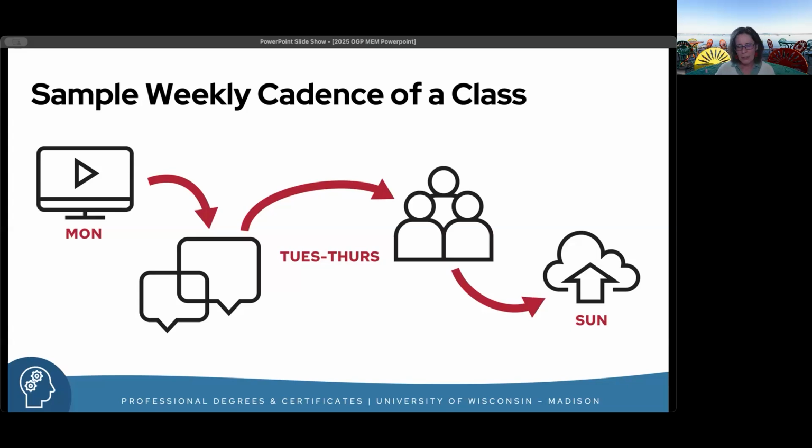So once you know when your web conference is, that's 1 hour a week for the 15 weeks of class or the 8 weeks of class. Now you start building in your homework around that. So you figure out when are you going to do your reading? When are you going to do your homework? When are you going to do your group work? And then keeping in mind that everything is always due on Sunday night at midnight. And so you can plan out your week that way and then make sure that you're turning in your homework each Sunday night. Okay.